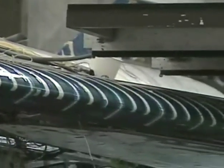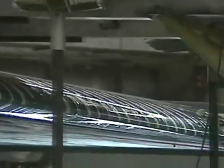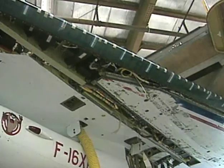A successful application could result in significant benefits in reduced takeoff gross weight, fuel burn, cruise drag, engine size, emissions,